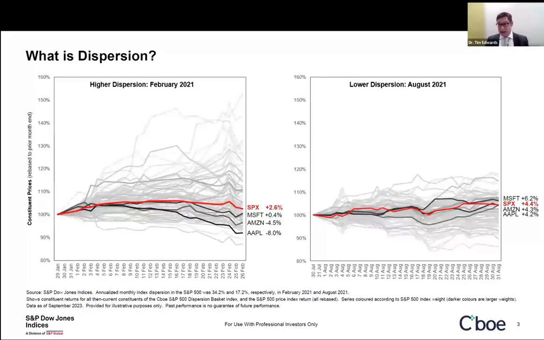You often have cases, and actually this year is kind of an example. Recent market environment is kind of an example where the index itself is not really moving very much. We're not getting many 1%, 2% move days. But if you just open the hood, you see there's actually a riot in underlying stock and sector performances. And that's something you only can get a handle on if you also look at dispersion.